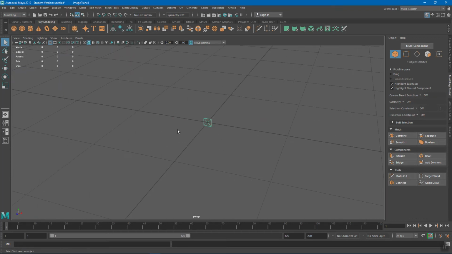little grid. Now you notice I'm holding down Alt on our keyboard, right mouse button to zoom in. Alt middle mouse button will move. If you do not have a three button mouse, like say you only have a laptop with a touchpad,